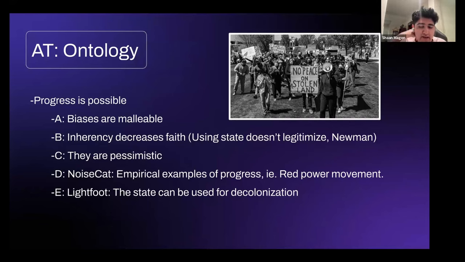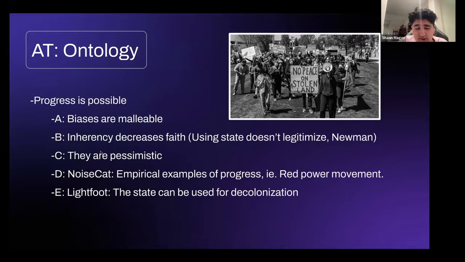All inherency means is that the reason why we have a debate topic is because we know it's not passing, usually, right? Obviously, we would not debate a resolution that we knew the government was going to do in 2 weeks because that defeats the point of debating it, right? So that's what inherency means. And all this is saying is that it decreases faith in the state. What this means is that you're not legitimizing the state, but rather you're pointing out flaws in it, i.e., that it's never going to pass this policy, which is a reason why it's bad. So you're not defending the state, but you're rather saying this is why it's bad, which means that you don't sort of tie into their ontology, right?